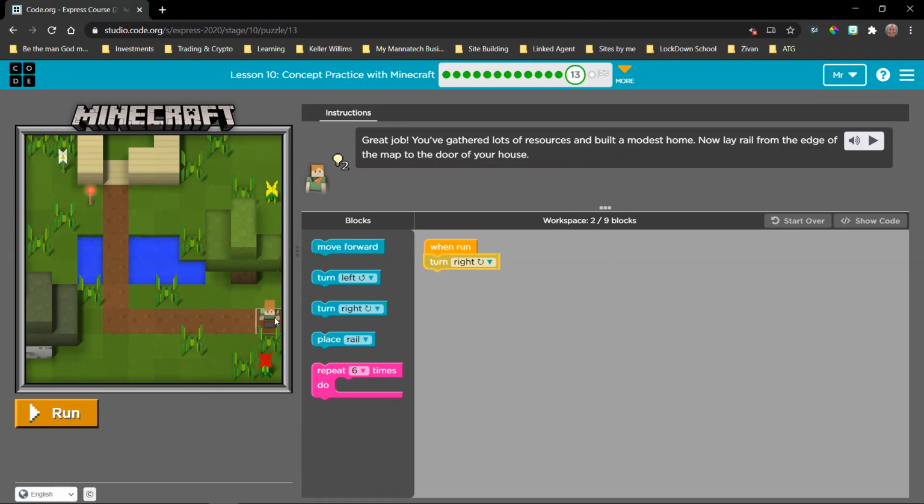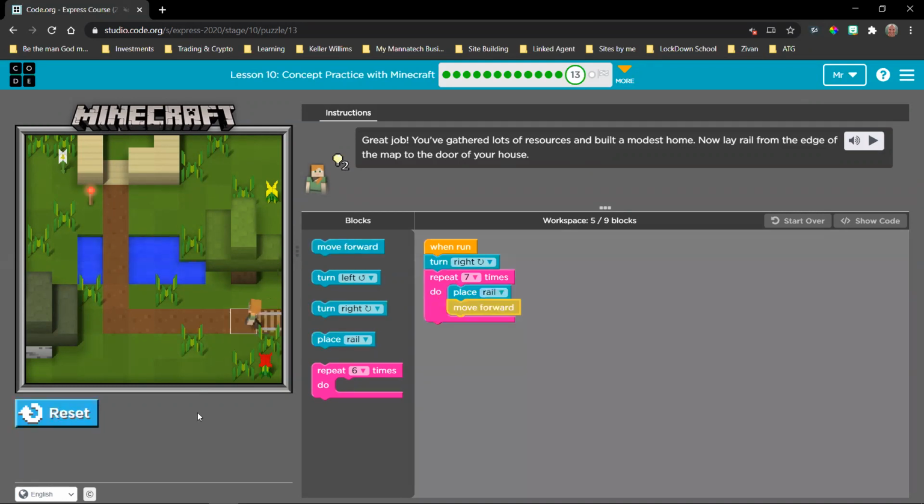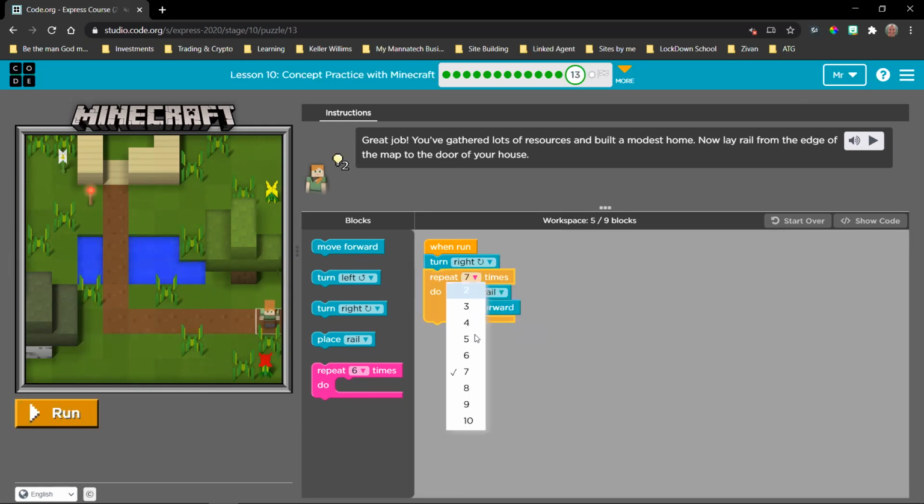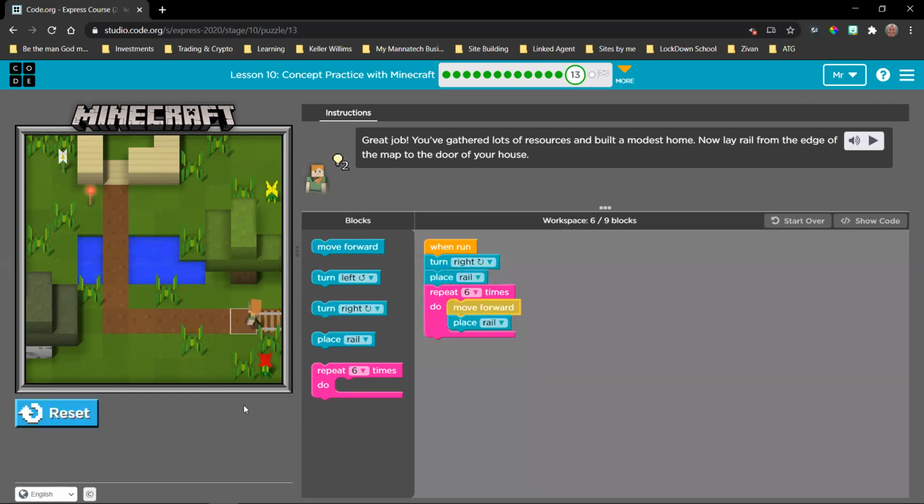Now we're going to go 1, 2, 3, 4, 5, 6, 7. Okay, let's see. Now this one we can just start because it's such an easy sequence. So you can easily test this. Okay, so I don't like that idea, right? So what I want to do is make this one 6 and perhaps place that rail there and then do it this way. Let's see how that looks. We're testing, so it's fine.